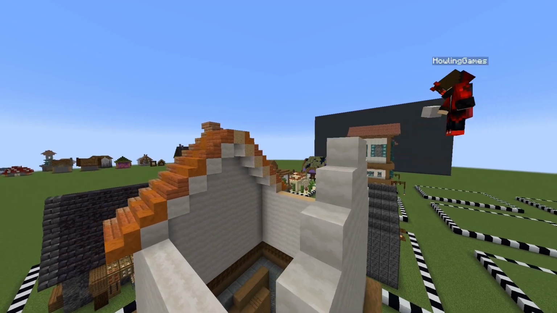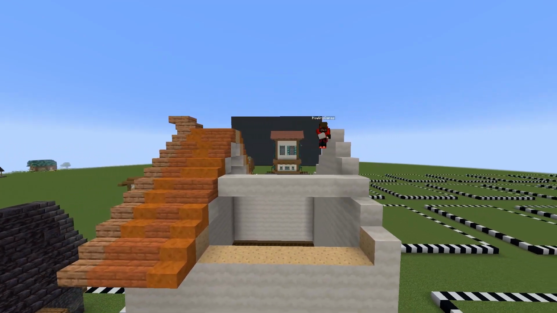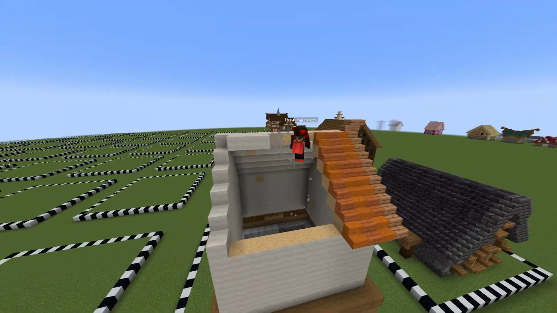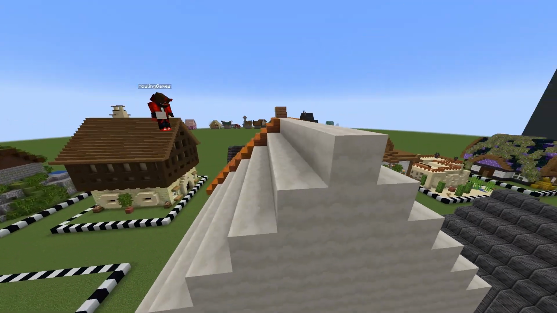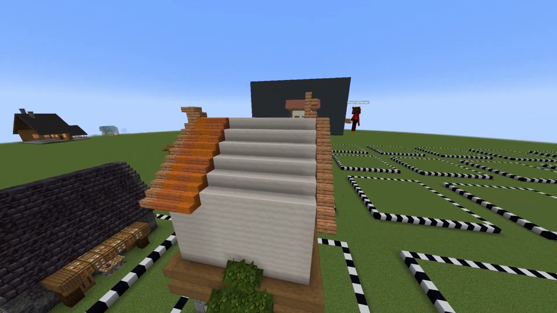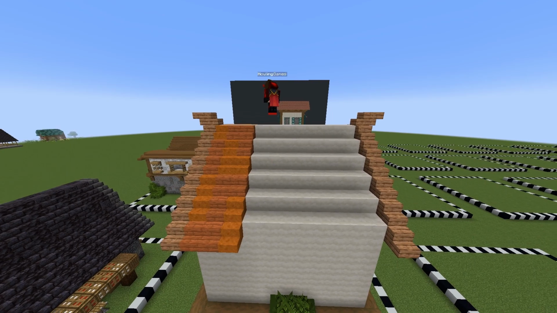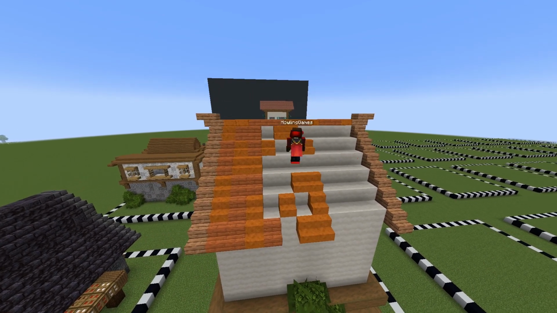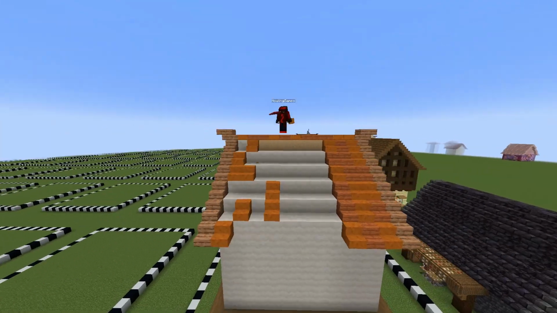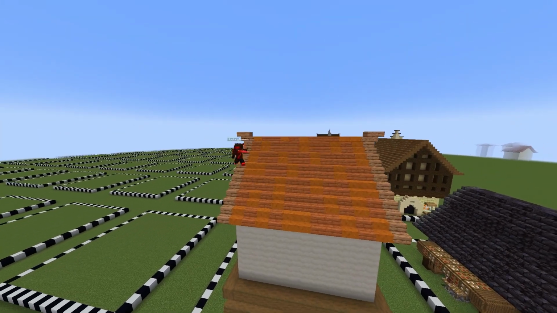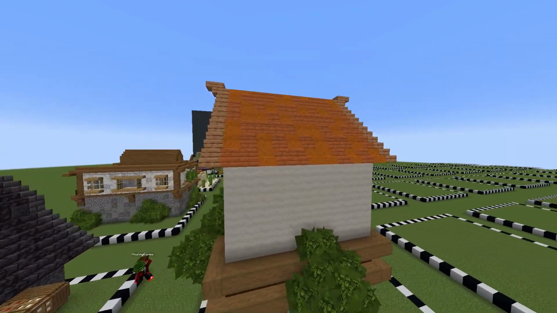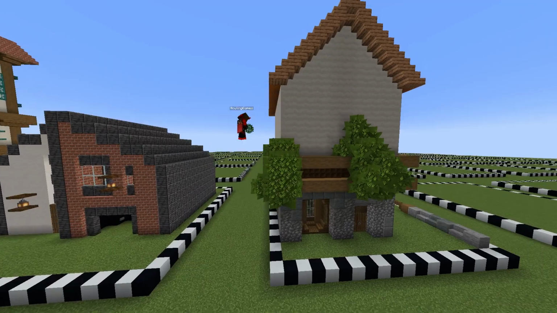Because I really wanted to use a different kind of style of roof, and in the reference it was an orangey-ish texture or color, and I think it actually did turn out really good. I've never actually made an orange roof with this type of gradient, but definitely worth doing again at some point. You could also maybe use, I wish we had a concrete version or terracotta version of slabs and stairs,